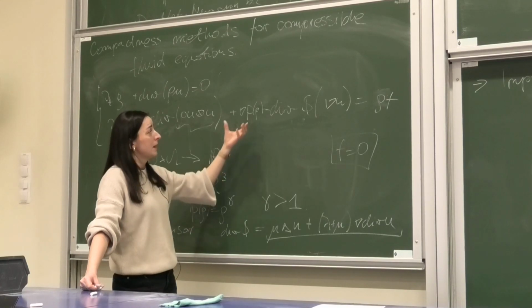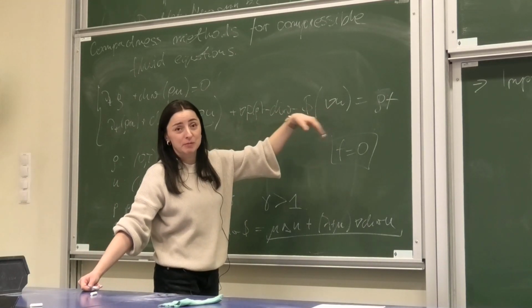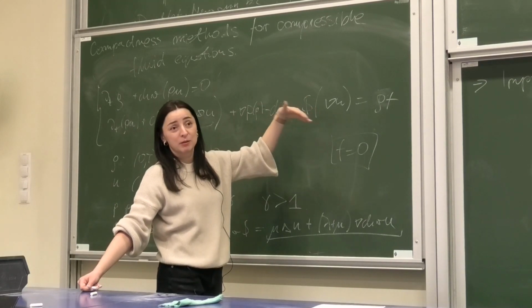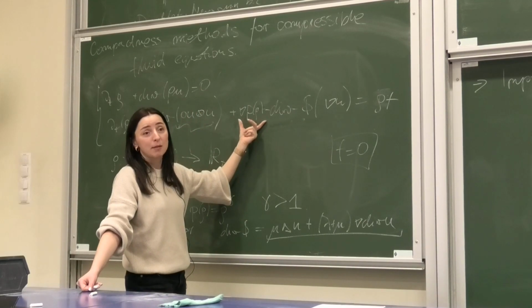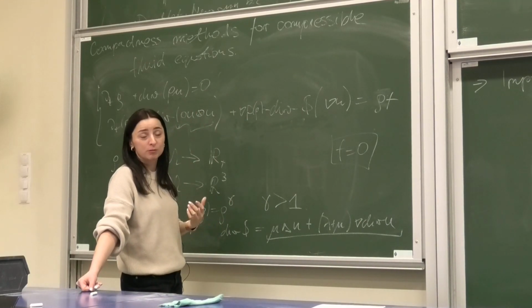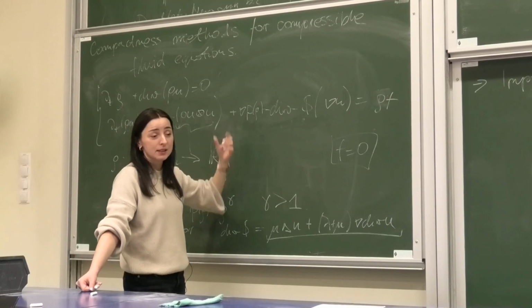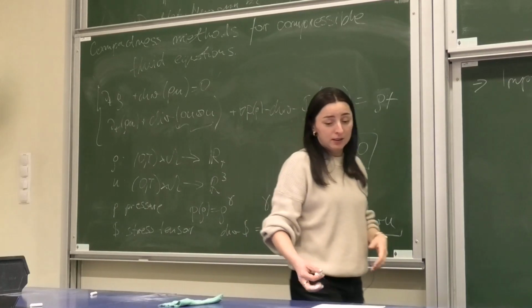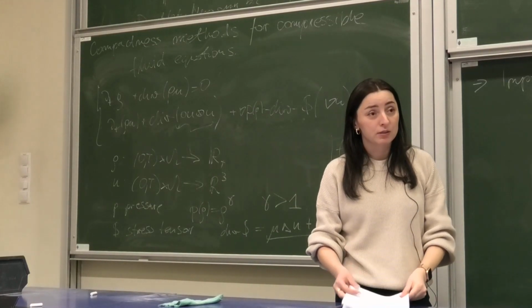And provided that you can control everything else in that system that comes from testing with this special function, you can control the L gamma plus theta norm of density straight from the momentum equation. This really depends on the domain that you are interested in,